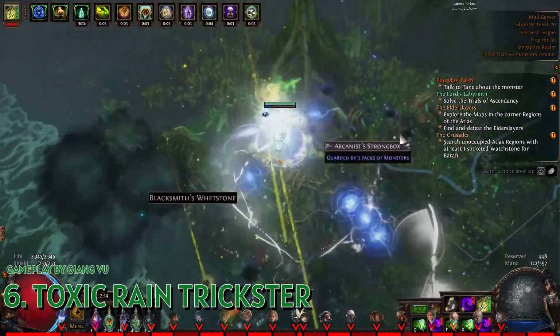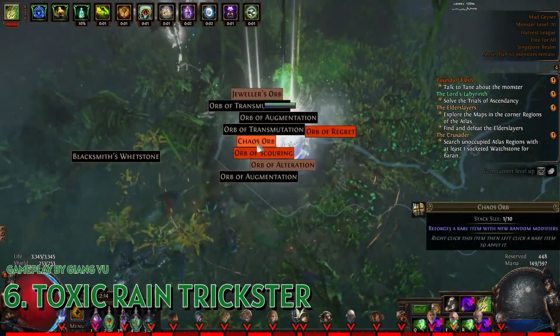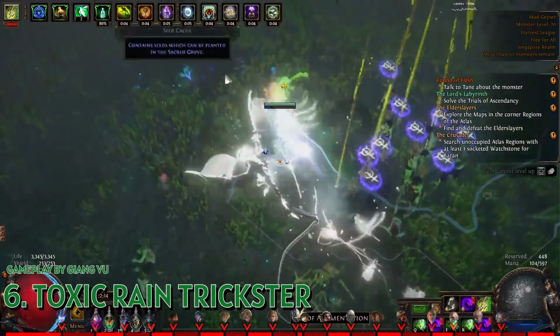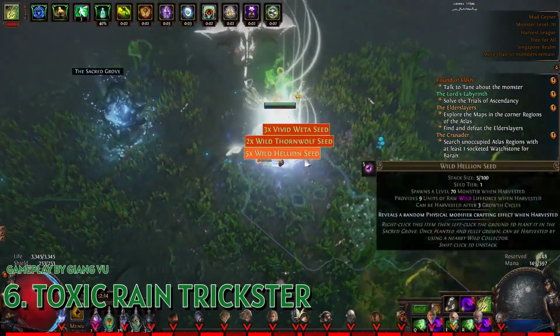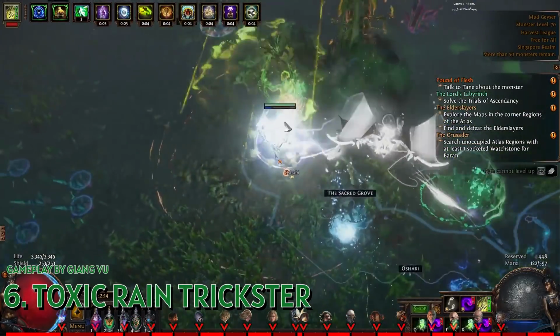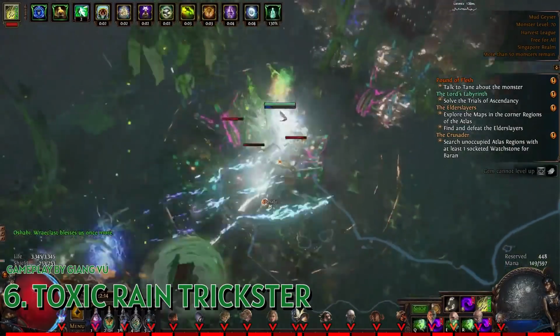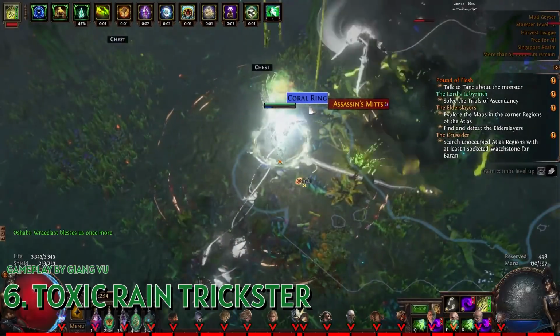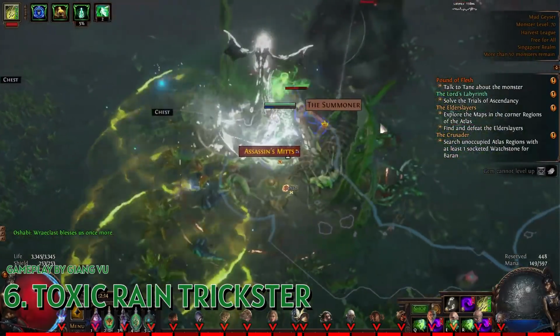In the Trickster department, we are switching it up with a Toxic Rain character. With the innate damage over time from the Trickster Ascendancy, with some crazy sustain and defenses from Ghost Shrouds, Trickster is a super good pick for the solo self-found aspect of Delve League. Speeding around while throwing out some nice damage over time feels more than smooth,